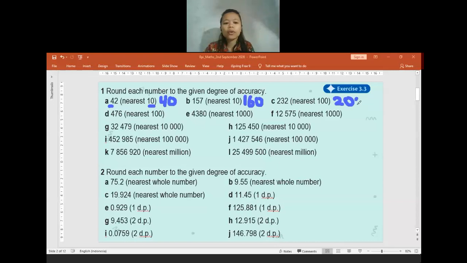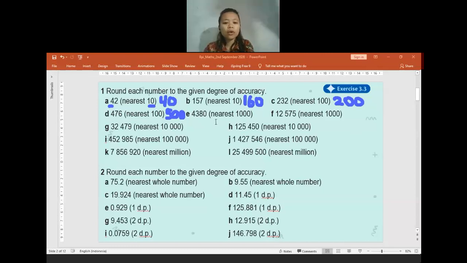And then for question D, what number will it be? 500, okay. Next is 400. 500, right? I mentioned it as 400. Oh, okay. I mean, next is 4,000. Oh, for the next one, yes, it will be 4,000.